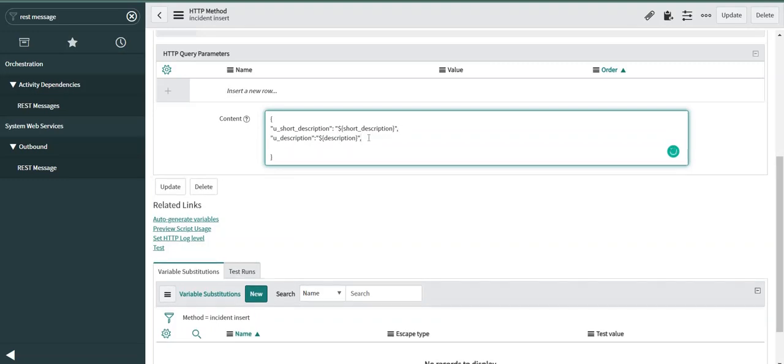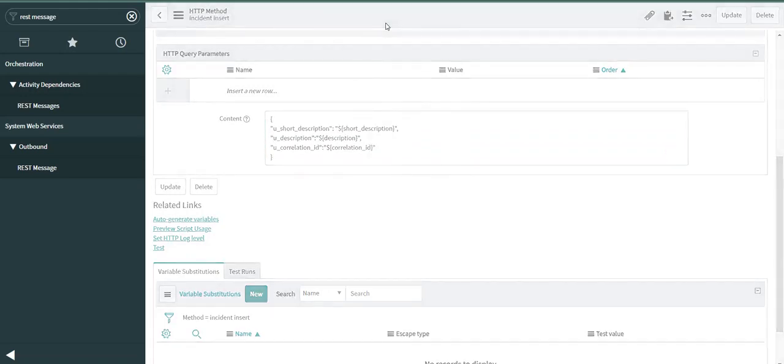And third is the correlation ID. Okay, then let's save this record once again,